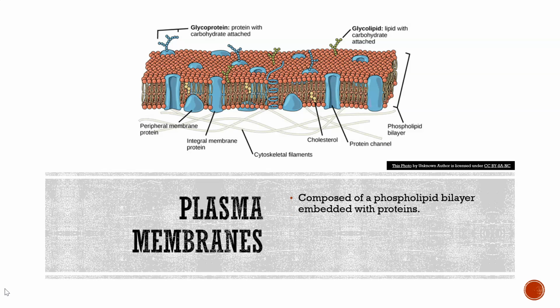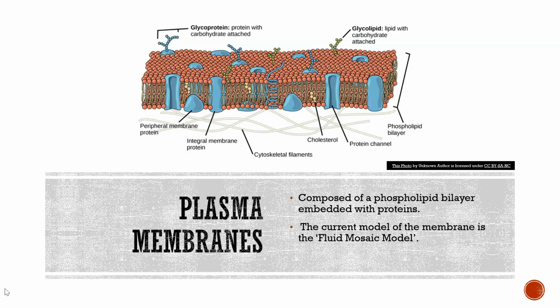So what is our plasma membrane? We've got a picture of a plasma membrane there. It's composed of what we call our phospholipid bilayer, and we're going to look at this further. This phospholipid bilayer is embedded with proteins which have certain roles. Now we call this concept of the phospholipid bilayer with proteins embedded, the